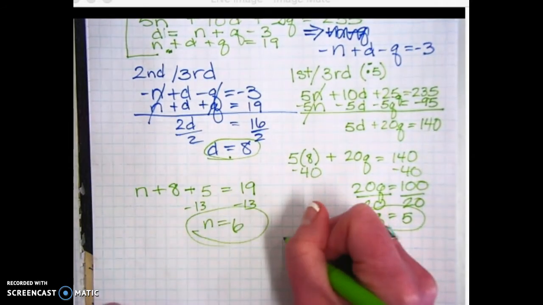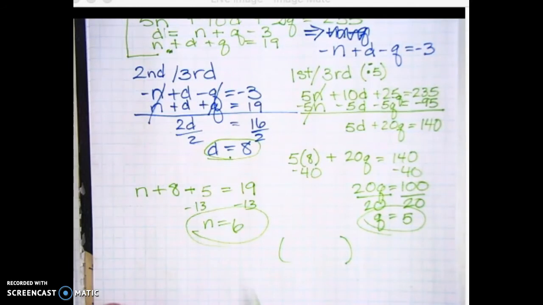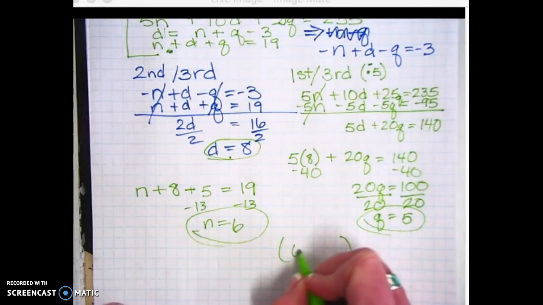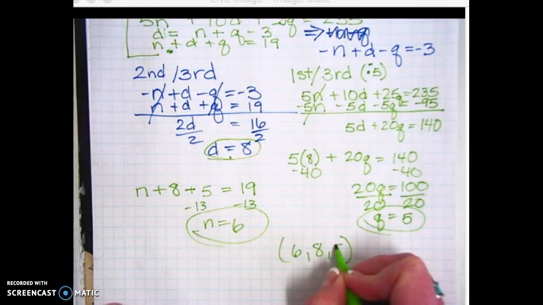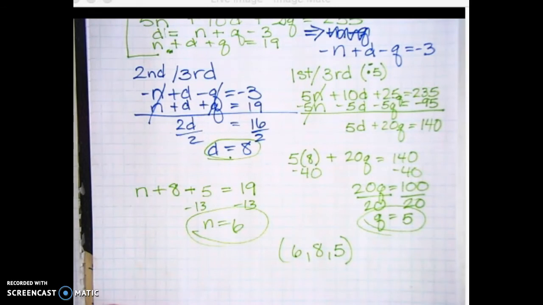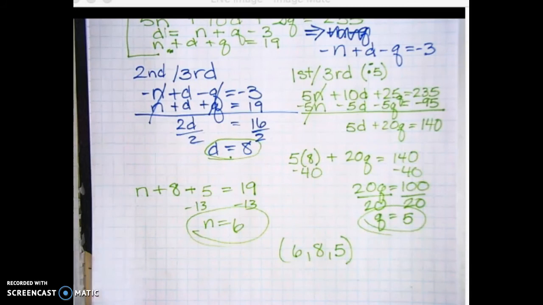Fine. And then you would just want to go nickels, dimes, quarters. Oh, then that would put it out of alphabetical, but that's okay. 6, 8, 5. Okay. 6 nickels, 8 dimes, 5 quarters. All right. We're gonna